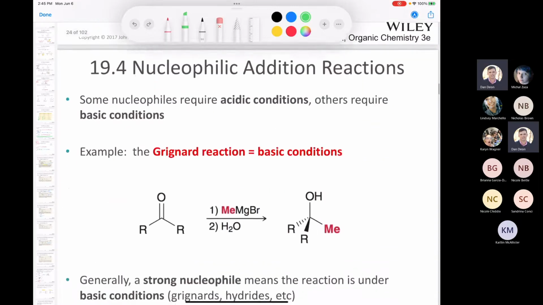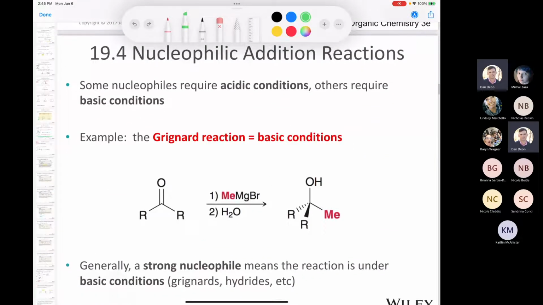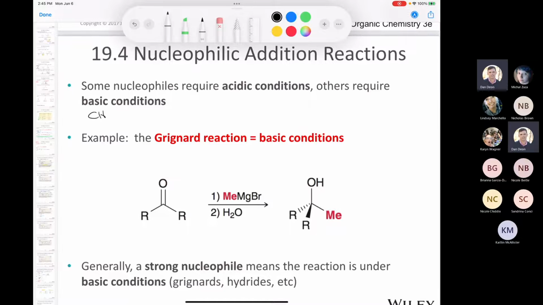Here's an example of a nucleophilic addition on a carbonyl that we already saw. Some nucleophiles require acidic conditions, others require basic conditions. For example, a Grignard requires basic conditions. If you wanted to take a ketone and treat it with methyl magnesium bromide, that has to be done in basic conditions, or there cannot be any acid in there, because we know that if you have a Grignard in the presence of an acid, even a weak acid, let's say you had methyl